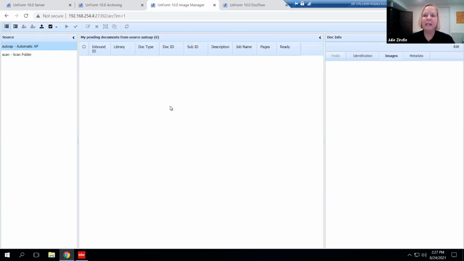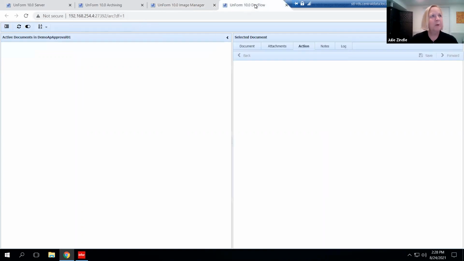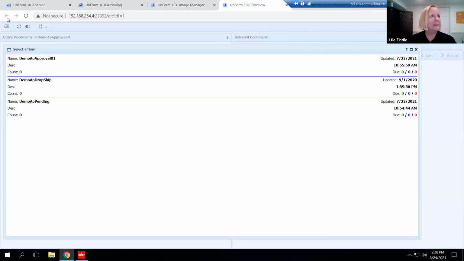But if they couldn't match my PO, what would have happened next is the ones that matched and could flow through would have been in my PO invoice receiving register. I would have run my register and it would have created the AP documents in my AP system. But the ones that couldn't go through would end up in my doc flow. So I might see, for example, things in here in my flows where we didn't have a match. And we've accounted for those situations where we don't have a match, and we've given you a way to process them and continue the process depending on the circumstance.